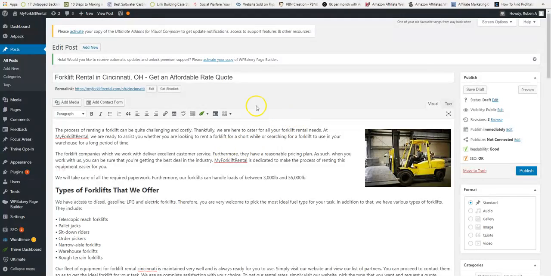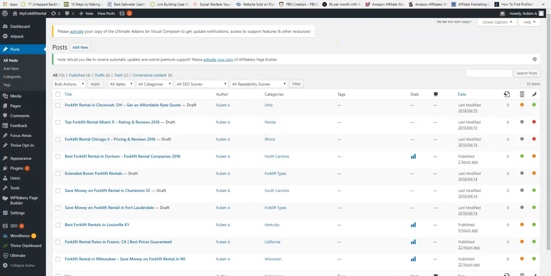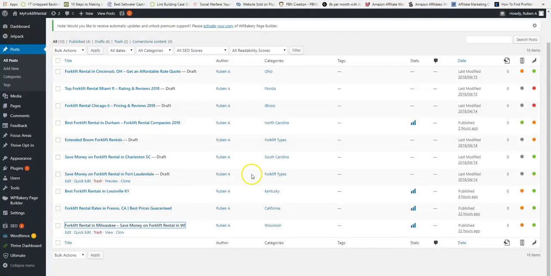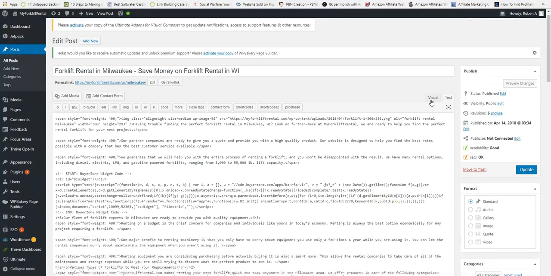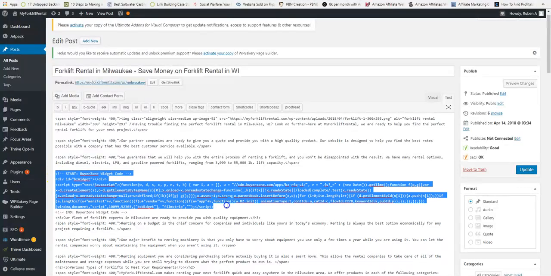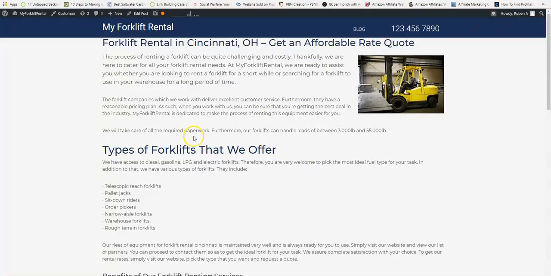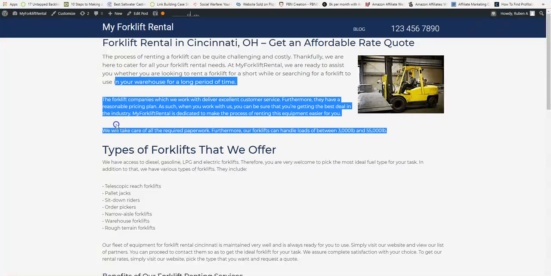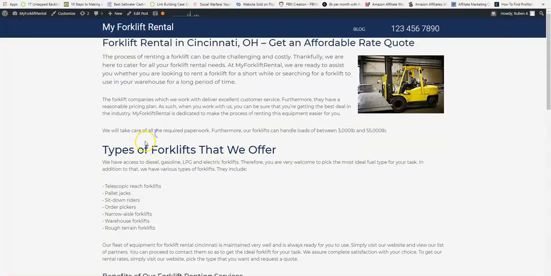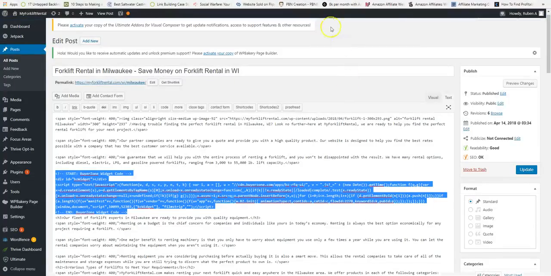Now the final thing we have to do is we have to insert our code for the lead. So you're gonna go to a different post and copy this entire code from start to the end over here. Okay. Now we want to always insert, if we preview this page, we want to always insert it right after this section. After 2 or 3 paragraphs, we want it to be right here. So after 55,000 pounds, we're going to insert the code there.